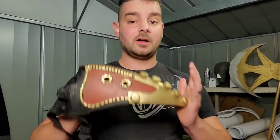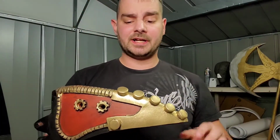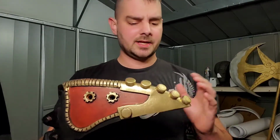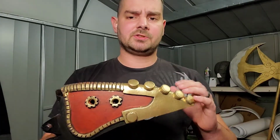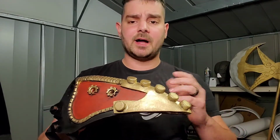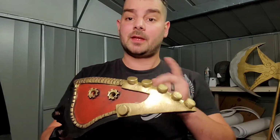And there you have it, Overhaul's mask from My Hero Academia. Now, I had a lot of fun with this build, and I really enjoyed all the techniques that made this mask come together in the very end. Now, you could wear this mask to an anime meetup, a local convention for My Hero Academia, or just like a Comic-Con. But for me,